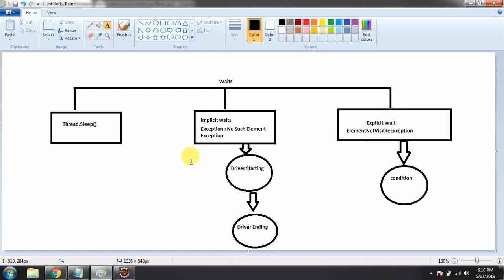And once you understand it, it will be very easy for you guys. Most of the freshers who are trying this for the very first time are facing this waits issue only. They are stuck in a waits issue. Sometimes they keep on running their scripts even though they are getting this waits issue. Without analyzing things, they keep on running them.